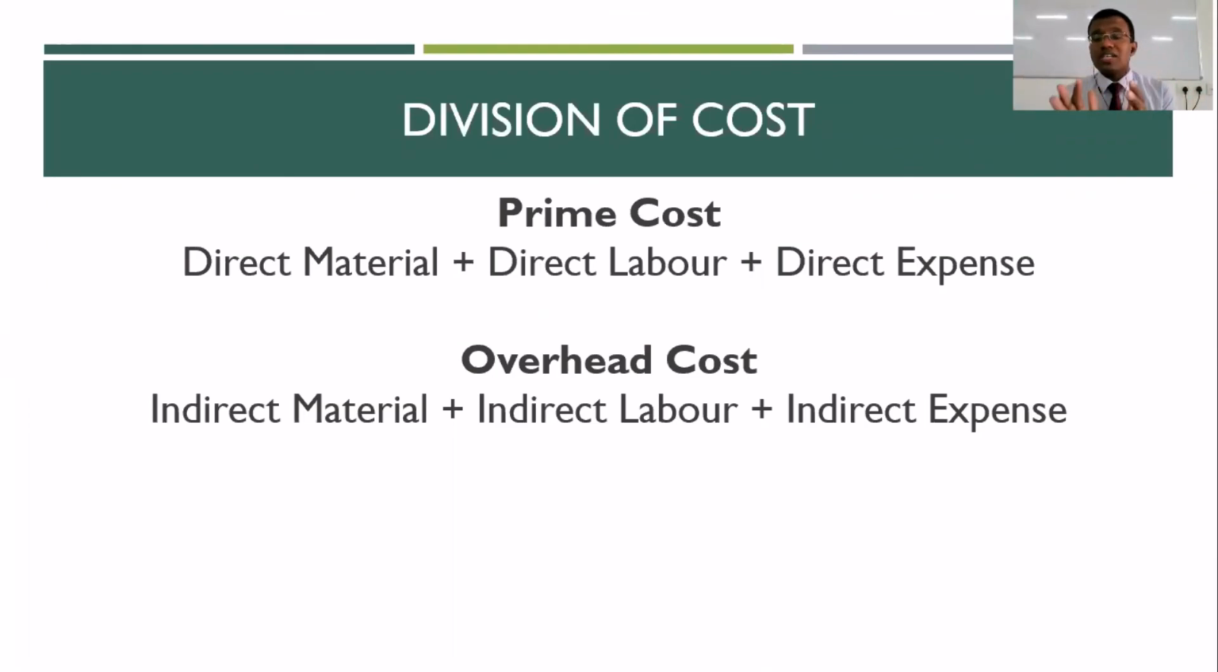So costs in an organization can be broadly divided into two. You have prime cost and then you have overhead cost. Prime cost comprises your direct material, direct labor, direct expense. Overhead comprises your indirect material, indirect labor, indirect expense. Moving further,